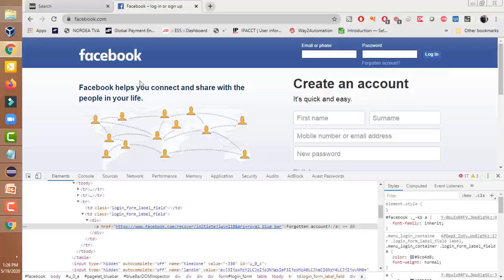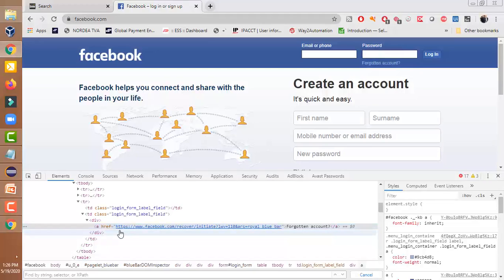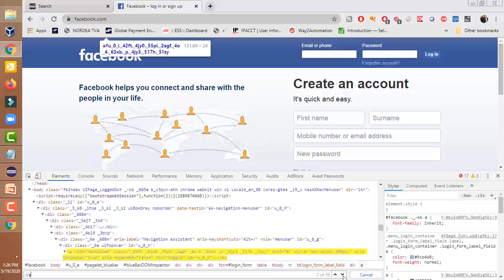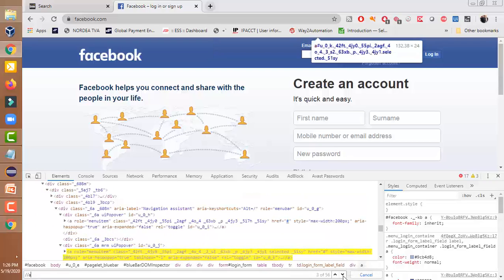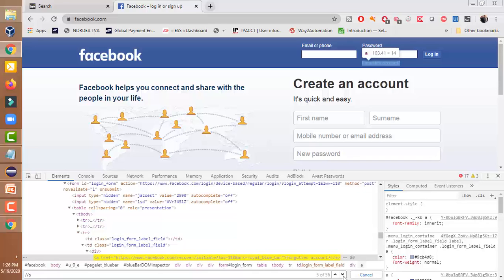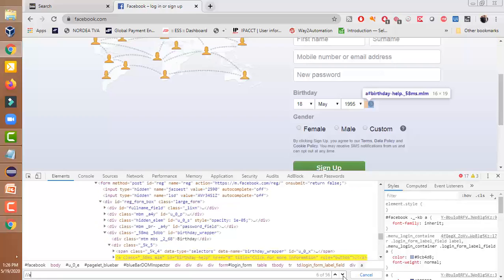So in this page we have a different number of links. How can we find out how many links there are? Control F, backslash, anchor tag. So there are a total of 56 links. Look at this number. What is the second link? Another link is also a link. Go to the Facebook home, this is also a link. This question mark is also a link. So all the A tags, anchor tags, are related to links. Let us move to another concept.